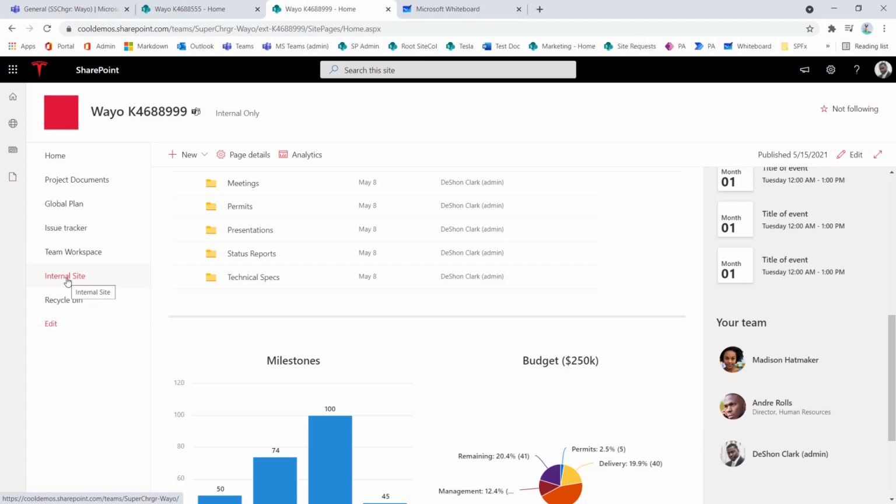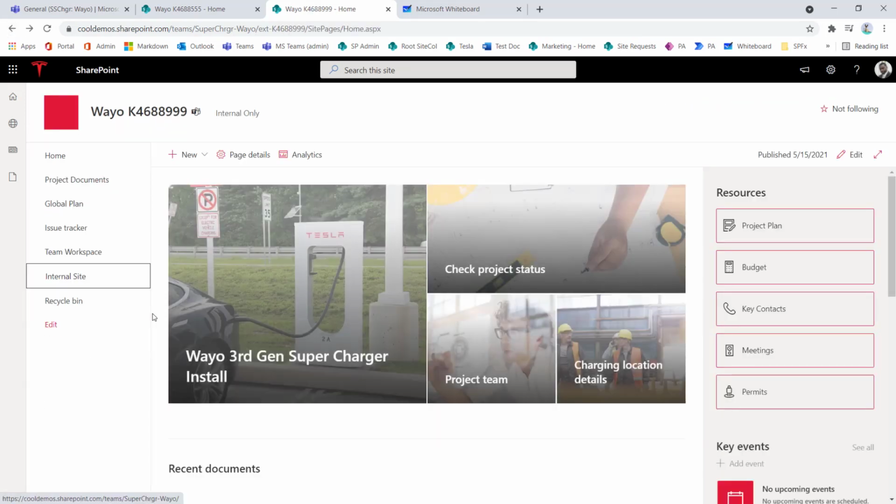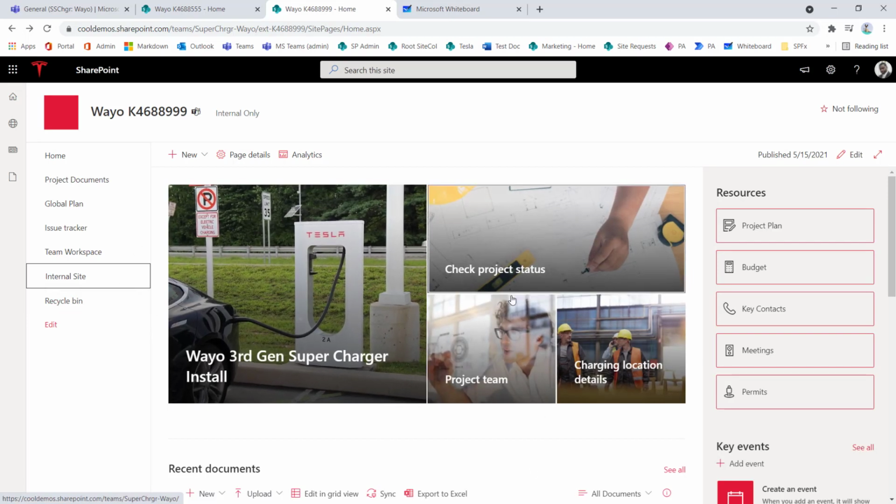Now, this internal site only shows up for the Tesla internal staff. Right? So for the Tesla internal staff, when they're visiting a location site for a client, for convenience sake, we want to add in this internal site so that they can get back to the main parent site. For other people or external users bound to this location, they don't need to see this. They're not going to have access to it. So there's no need to show them this just for them to receive access denied or please request access. So with this, we actually hide this with